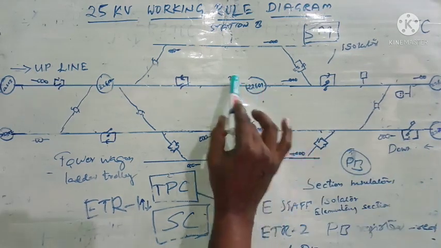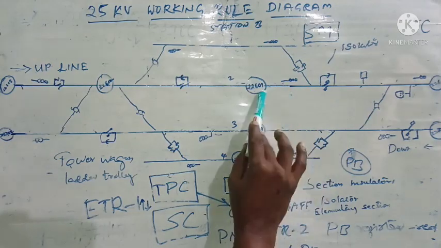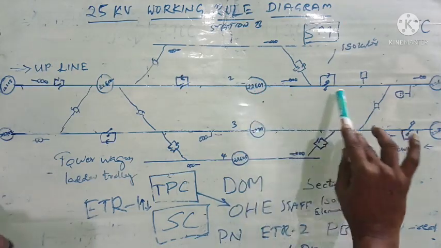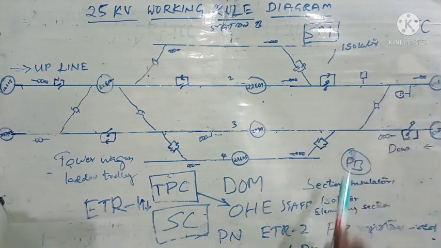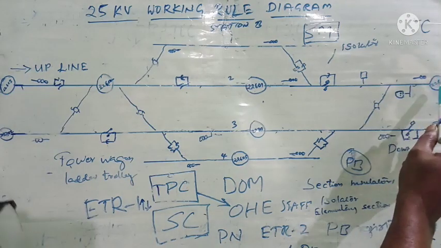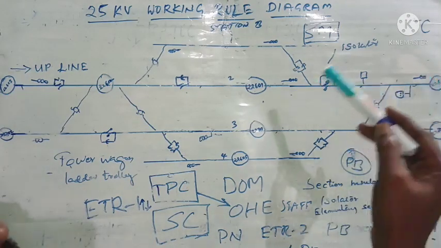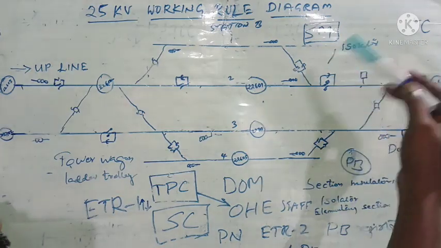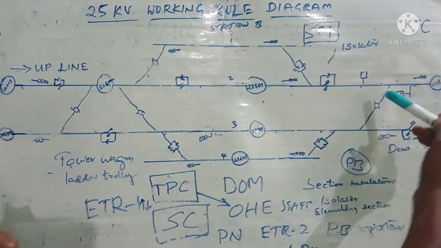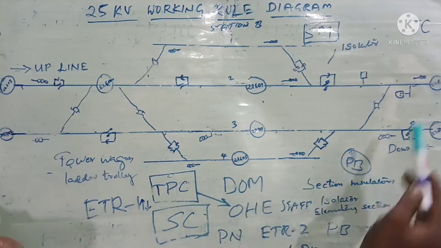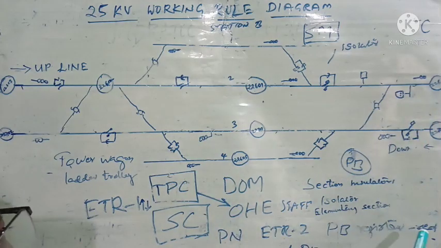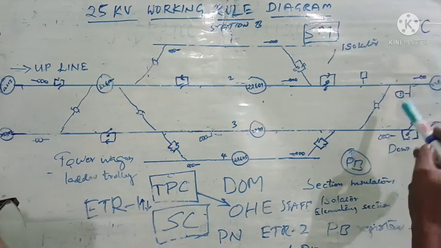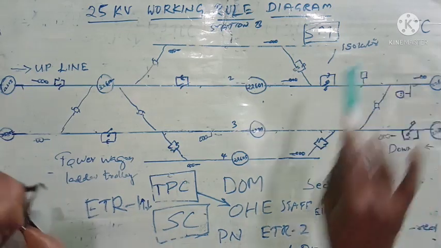So now let us imagine a situation. That is, an electric train has left station B towards station C. On the way, a bird hit the pantograph and got entangled in the OHE. Now the train cannot move. If the train is to be moved further, this bird or this obstruction is to be